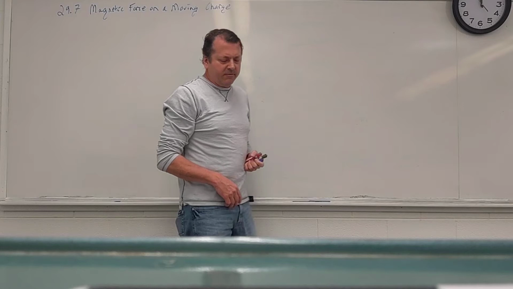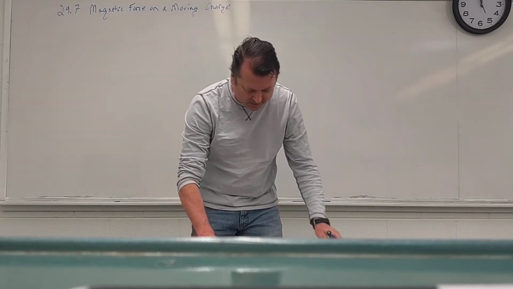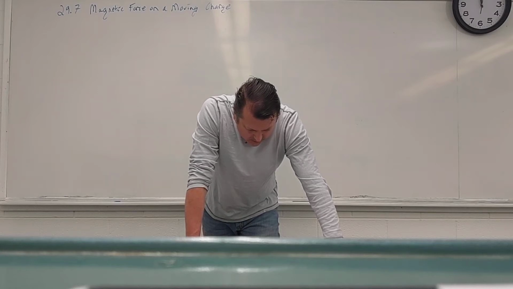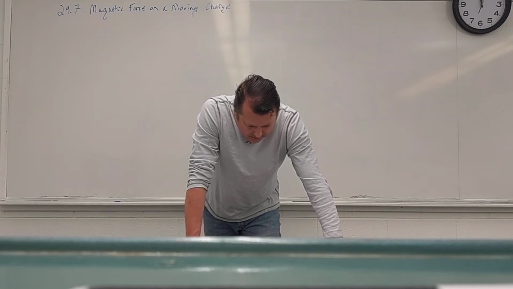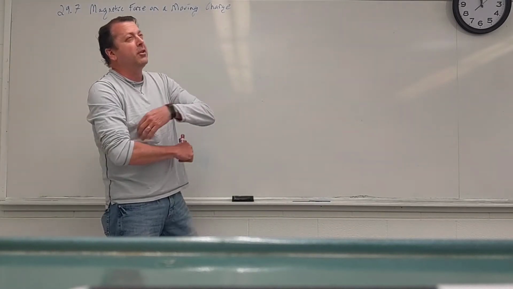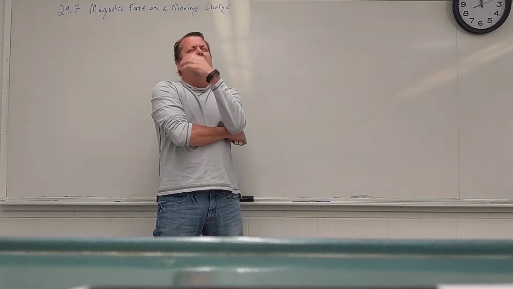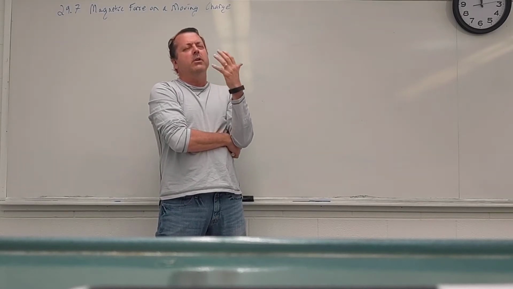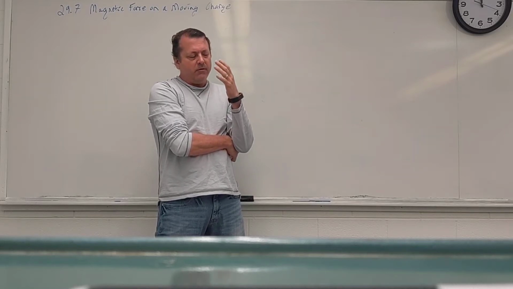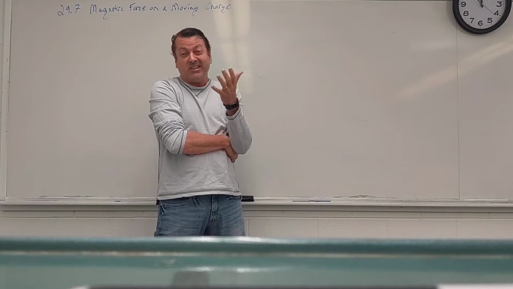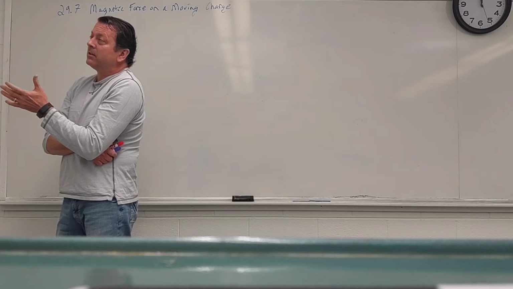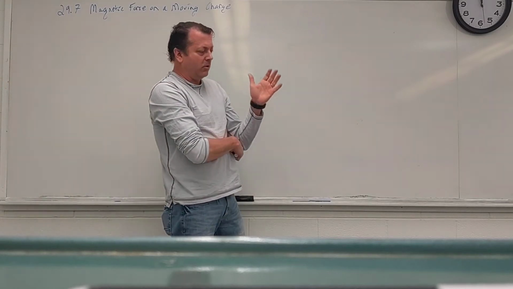Okay, we're going to talk about magnetic forces on moving charges, section 29.7 in your book. Now, Ampere had Ampere's law, and from Ampere's law we saw that current creates a magnetic field. If you have moving charge, it acts like a magnet. Well, if a moving charge acts like a magnet, what if we have a magnetic field and we've got charge